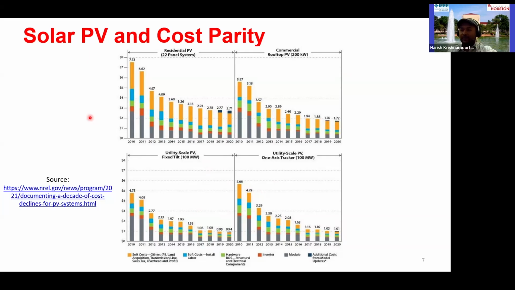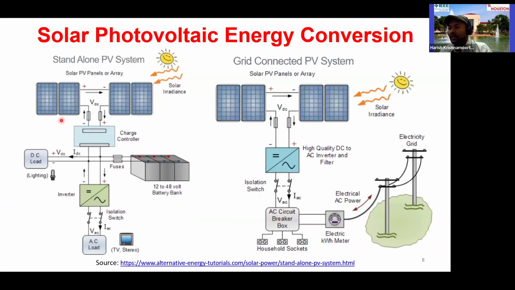So I think recently there was news from the United Nations, which mentioned that solar PV and renewable energy systems have reached cost parity across the world compared to the conventional energy sources. So on a broad scale, this is happening across the world, right?